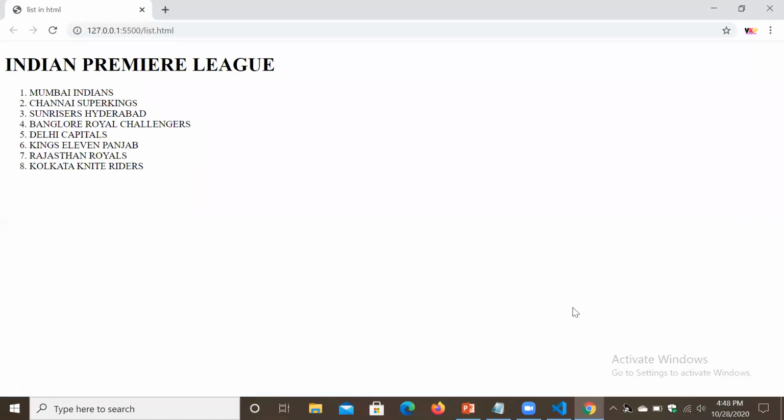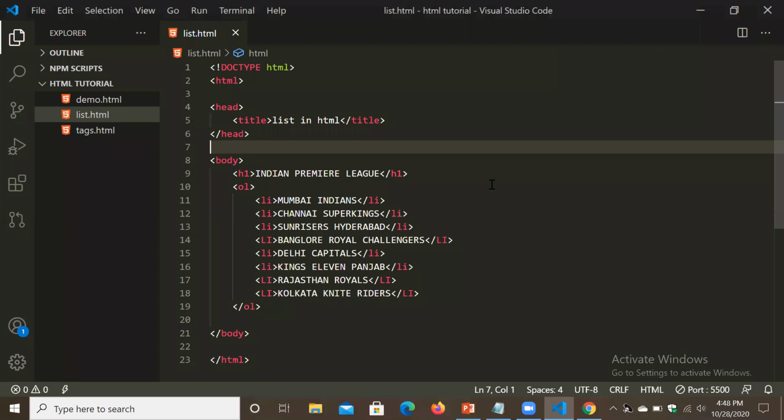So look what happened. Output came with numbers. Look, 1, 2, 3, 4, 5, 6, 7, 8. So like this we can get output.